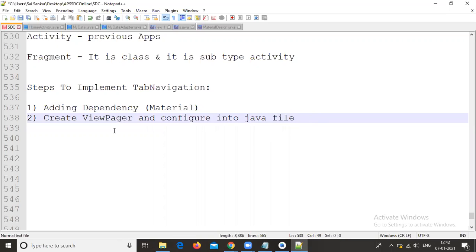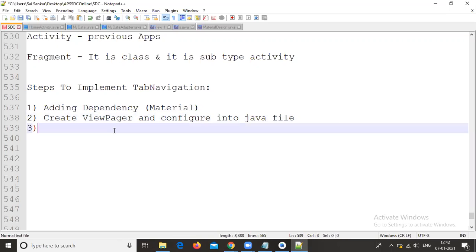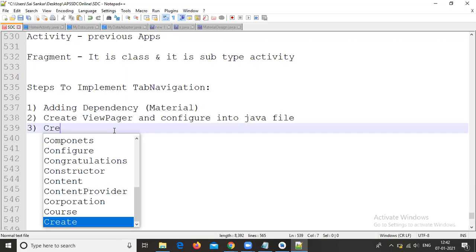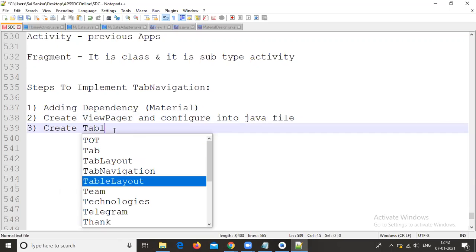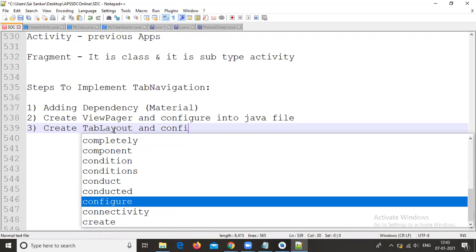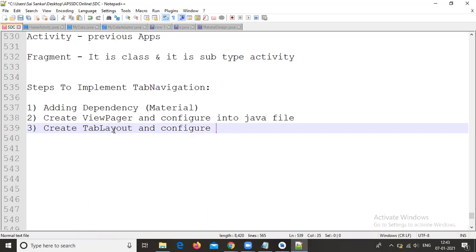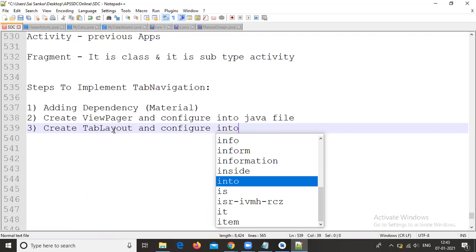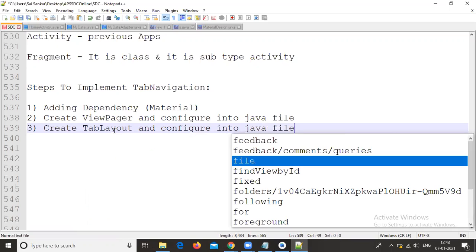After that, create a tab layout, not table layout, it is a tab layout. Same as before, we need to configure it in the Java file.